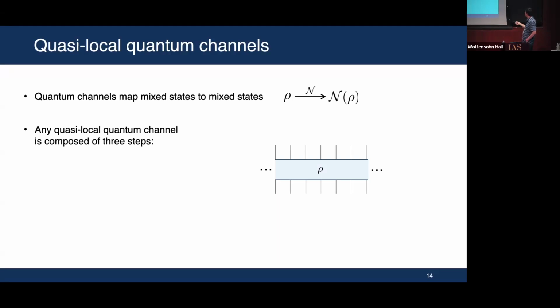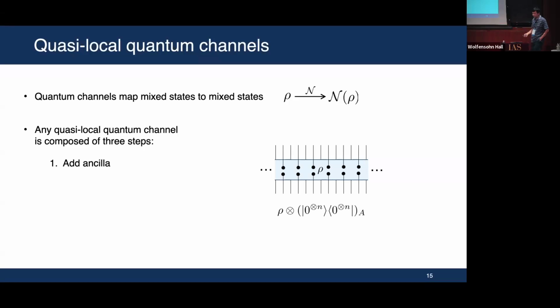Okay? First, I have this pictorial representation of my mixed state. So this is a state, and these legs represent the physical bras and kets, the basis of bras and kets. It's kind of like a tensor network picture. Okay? But of course, I'm not assuming that this is a tensor network, it's just to represent the density operator. And then we introduce some ancilla, which models the environment. Okay? And the ancilla is assumed to be in a product state.